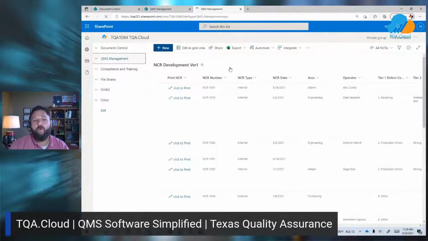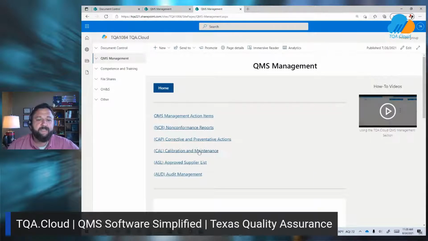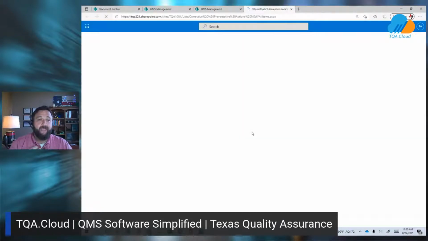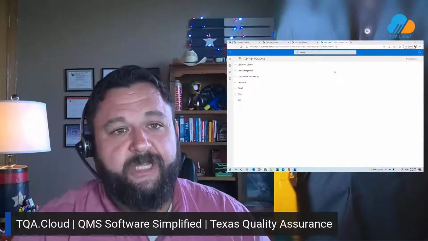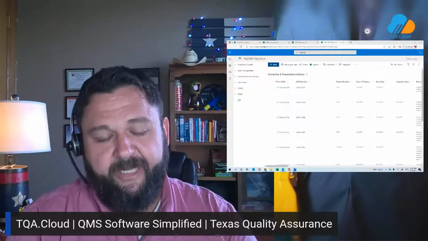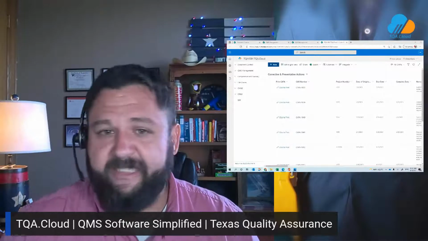So let's take a look at one more feature in our QMS management. And for this, let's go ahead and take a look at something a little different. Let's look at our corrective preventative actions. Now, corrective preventative actions, coming from a consulting and auditing background, I can tell you is one of the areas that we really see a lot of findings in our ISO audits. So it's really common that these things occur, that the verification isn't completed, perhaps root cause isn't identified, maybe we don't have all the evidence selected that we're looking for.